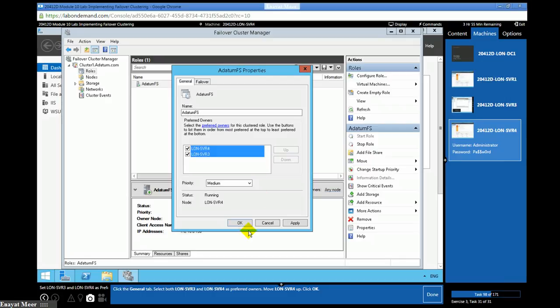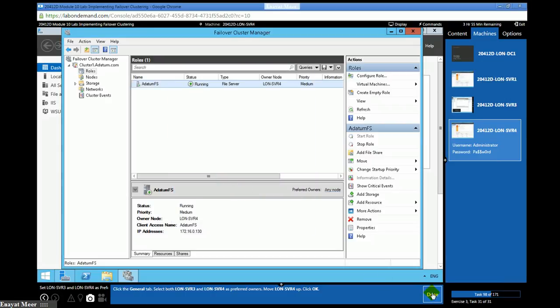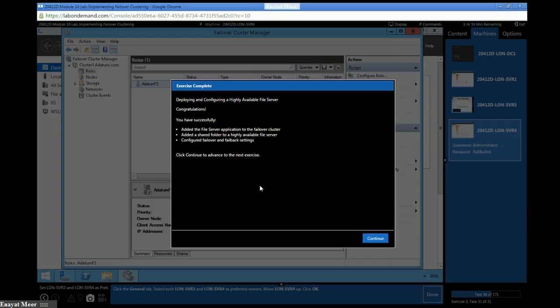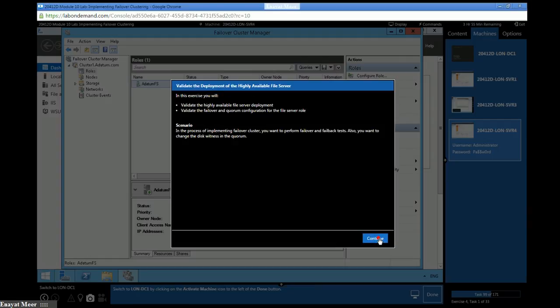Now you have 4 and 3. So now we just added the file server application to the failover cluster, added a shared folder to the highly available file server, and configured failover and failback options. Now you're going to continue.